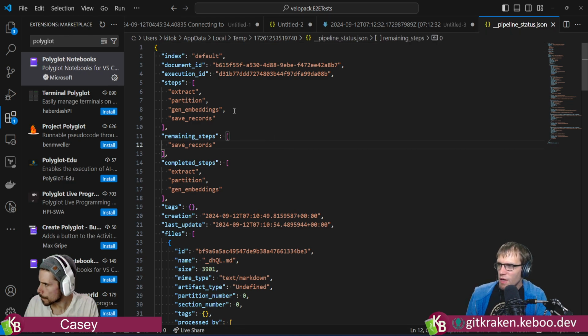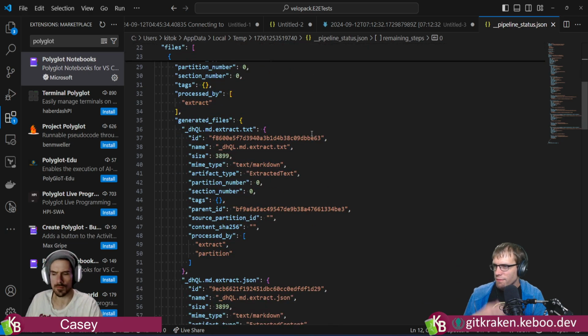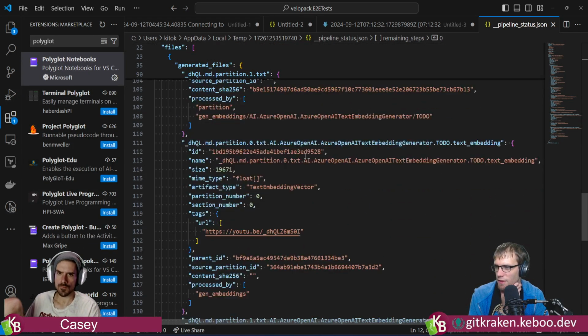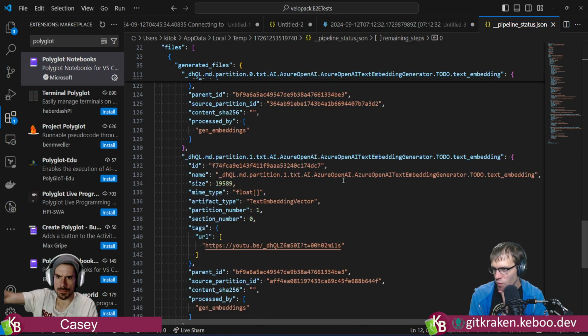So it did an extract, it did a partition, it generated embeddings, so it got through OpenAI, right? It called save records, and the save record step is the one that it is falling apart on. Failed. It knows about all these things. It's generated all this stuff, done a bunch of work.